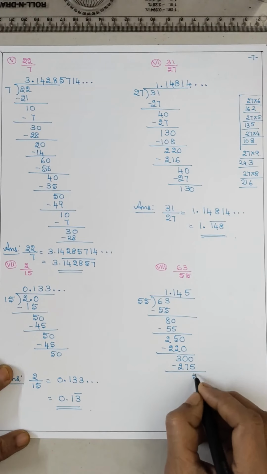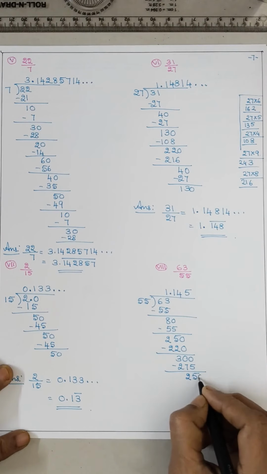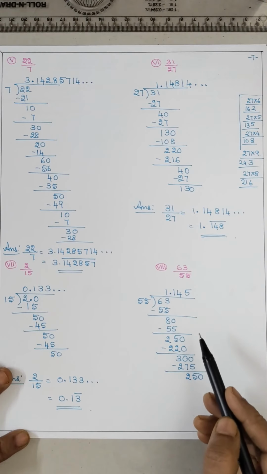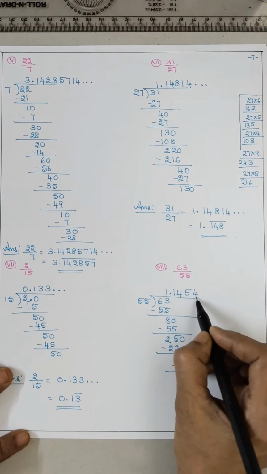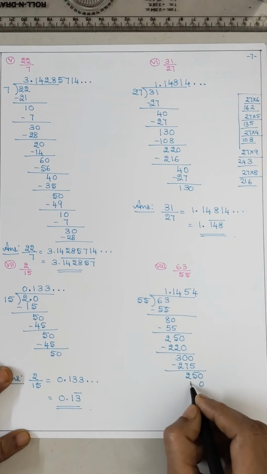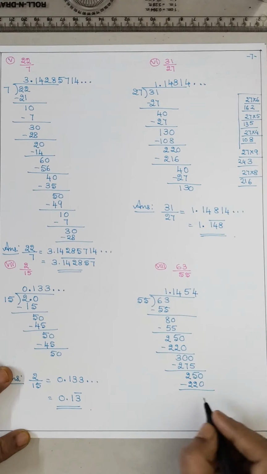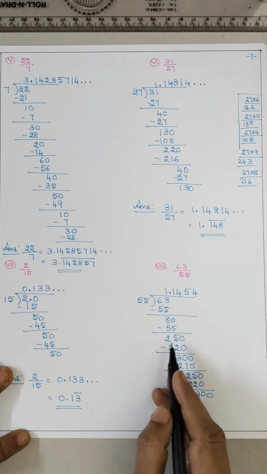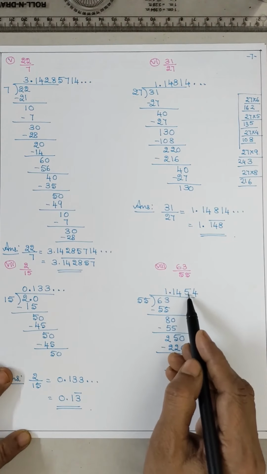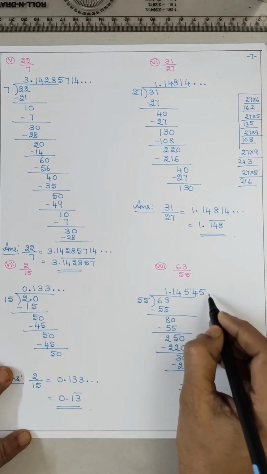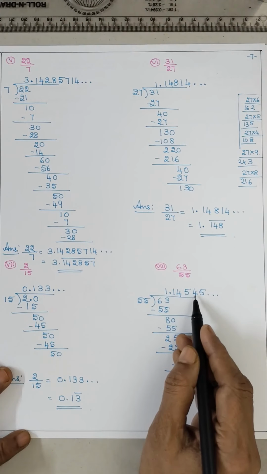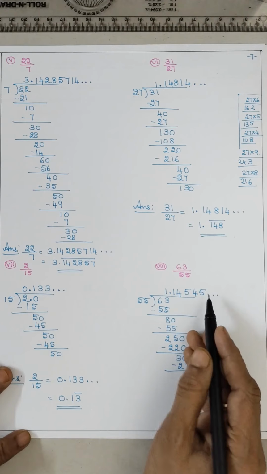10 minus 5 5, 9 minus 7 2, take an extra 0. Now again it is how much? 4 5s are 20, 22. Is it repeating? 250, 250, 300, 300. 1 4 5, again 4 5 it will be. Isn't it? 1 4 5, 4 it repeated, next it will be 5, like that.